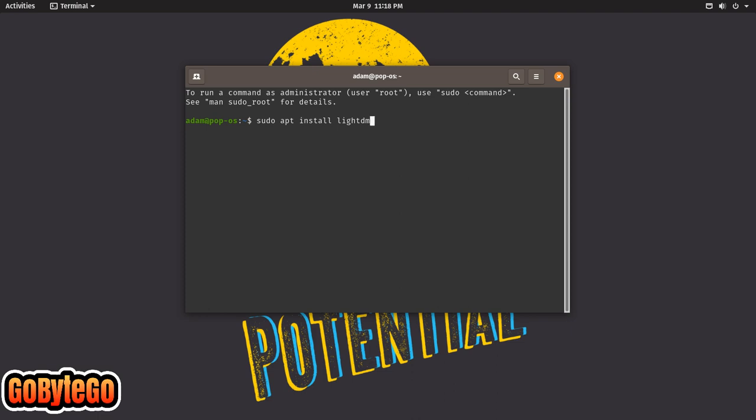Out of the box, Pop! OS comes with GDM, and GDM's fine. It's the GNOME Display Manager. It works. LightDM, I've had a lot more success, especially when I'm using things that aren't just straight GNOME. So we're going to do LightDM. We're going to do the Budgie